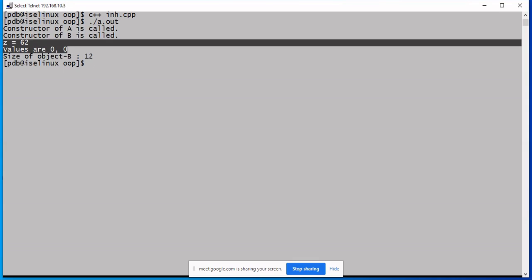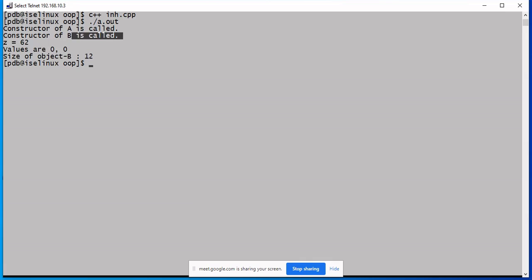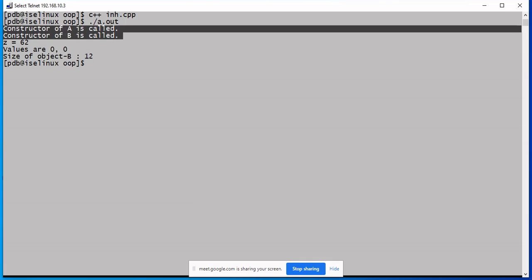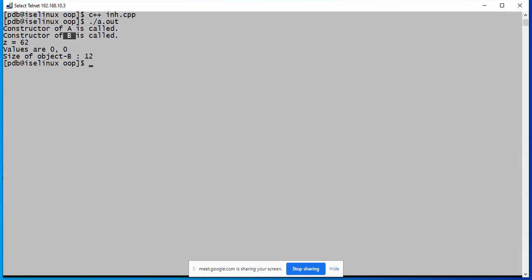This set of statements is the result of the getZ method, but prior to that, pay attention to these statements. You haven't created an object of type A. All that you have created is just one object which is of type B, a derived class. Though you are creating an object of B, it is necessary that the member data in the base class are also initialized.